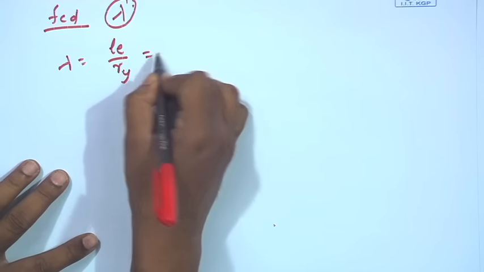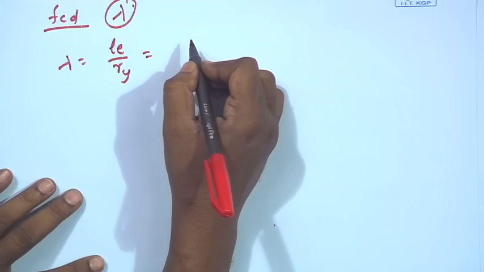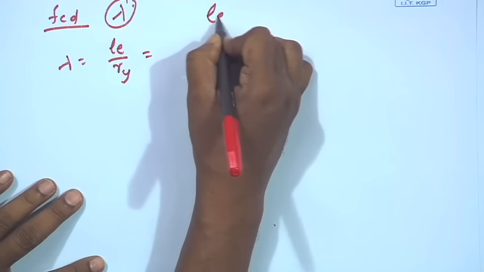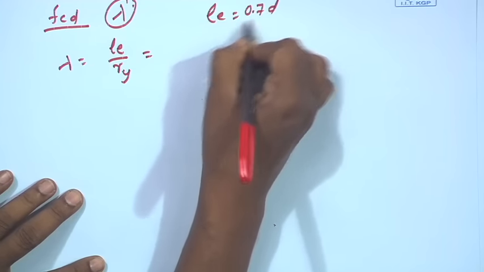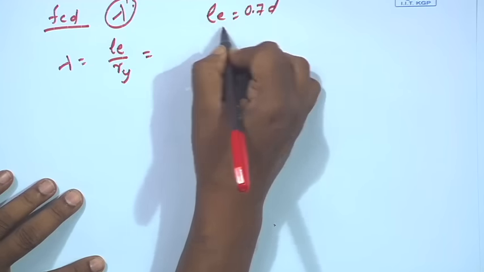So, Le, the effective length of the strut, will be 0.7 d. So, if we consider this 0.7 d by ry, ry means Iy by A. So, I can find out 0.7 d by